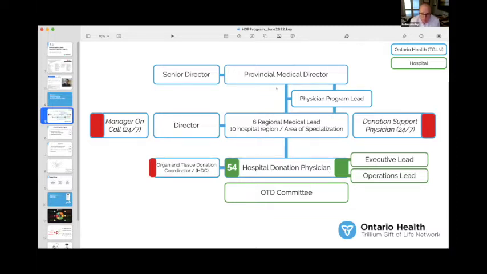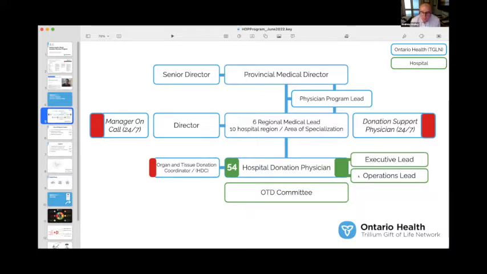That really represents the structure of ongoing asynchronous support for donation that exists in Ontario. Each hospital donation physician then has a paired, unremunerated, essentially, executive lead and operations lead at their hospital. The executive lead is usually at the senior leadership team table. The operations lead we try and have at the director of critical care for that hospital level, at least at